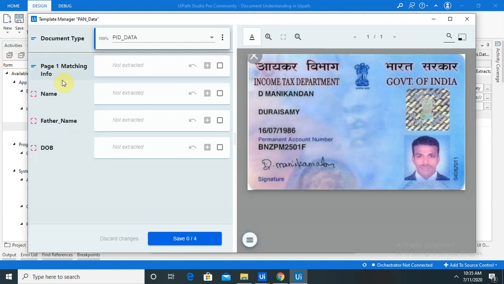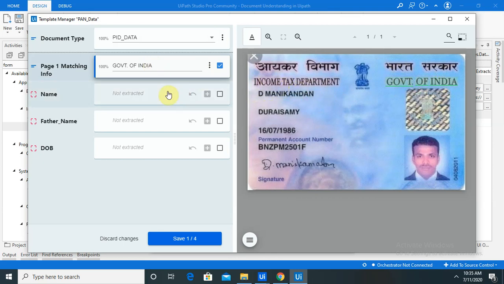So in page 1 matching info, just for confirmation purpose we are going to use this. Government is always available in our pan, so I am clicking this, press Ctrl and select other fields as well. Now once we select this and click on OK, you are able to see our selected component is available in this.